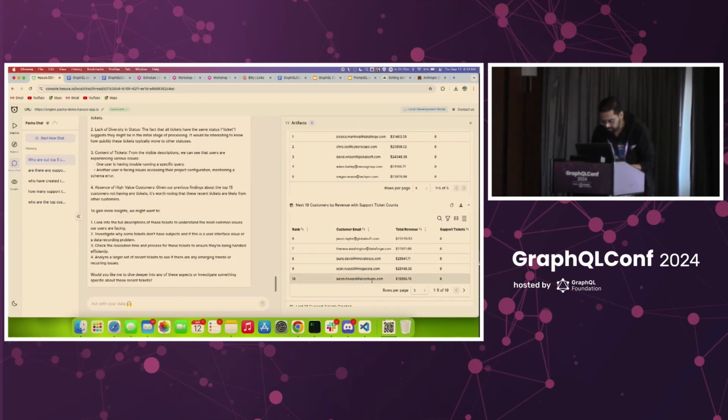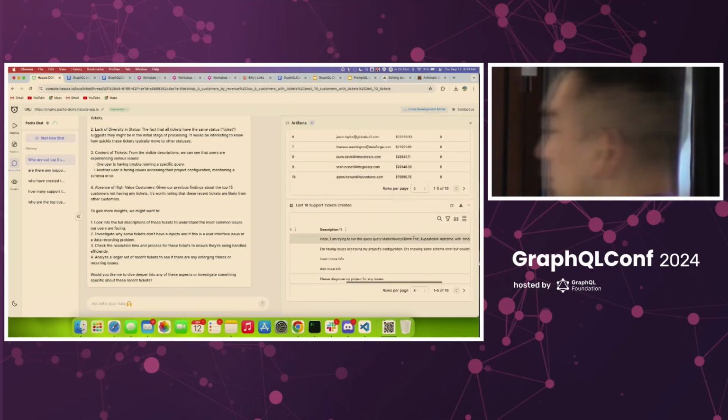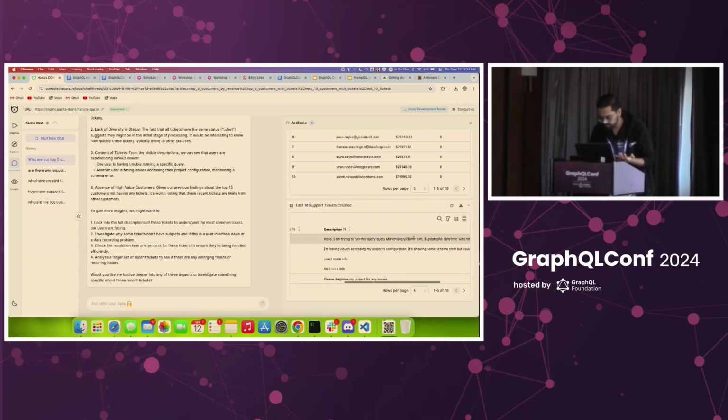OK, so last 10 tickets. We have the last 10 tickets. OK, perfect. So we have the last 10 tickets. Perfect. So let's do